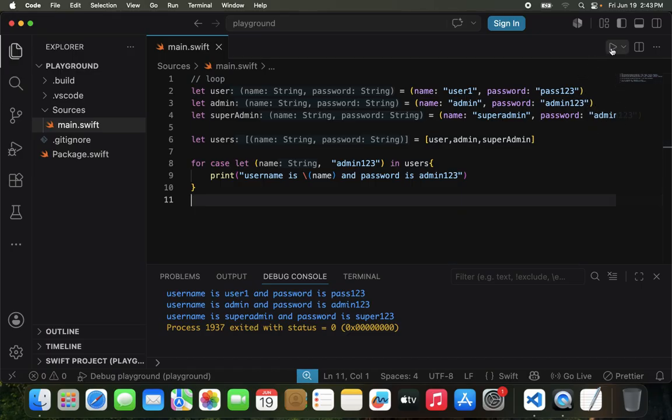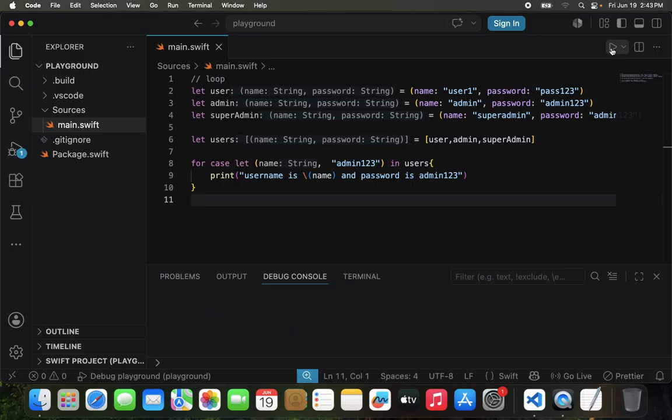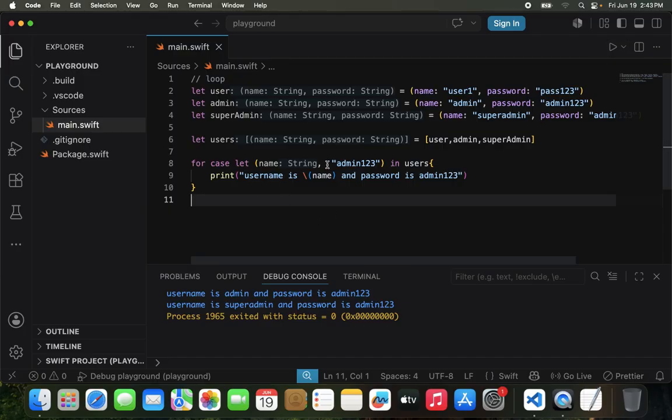So I'm going to run this and let's see. Good. See, it's working as we expected. Username is admin, password is admin 1 2 3, and then username is super admin, password is admin 1 2